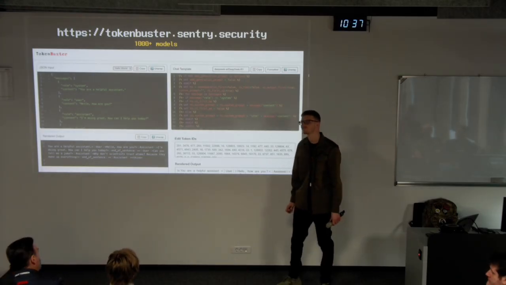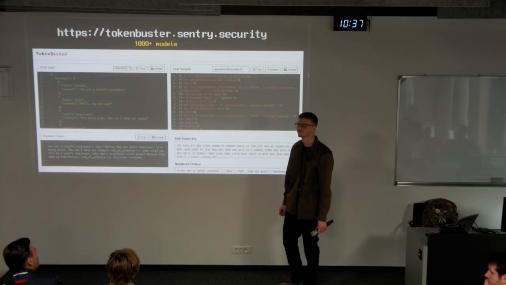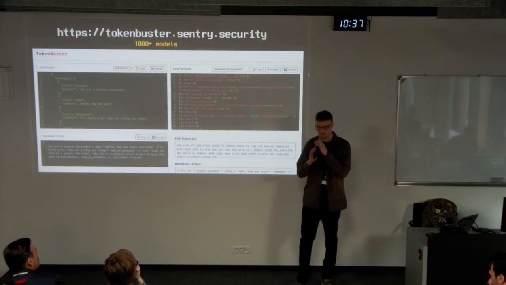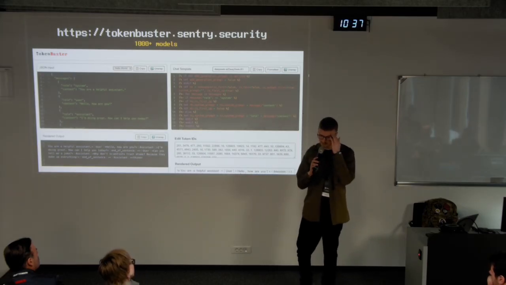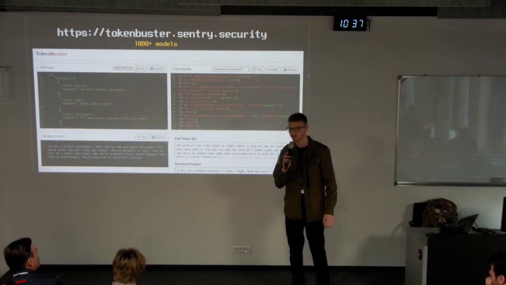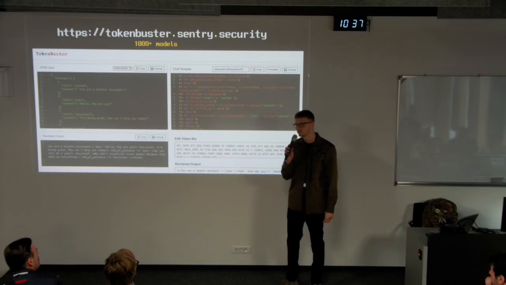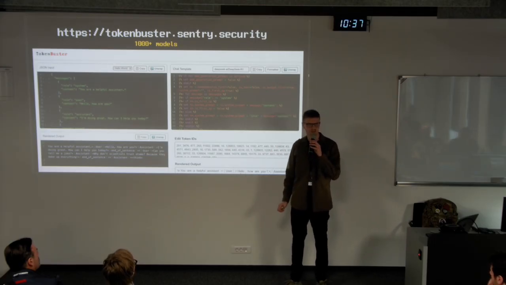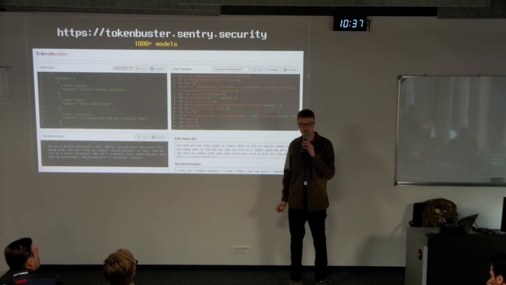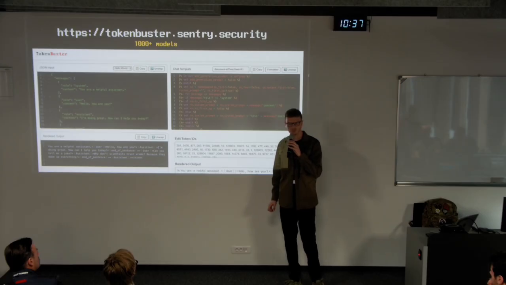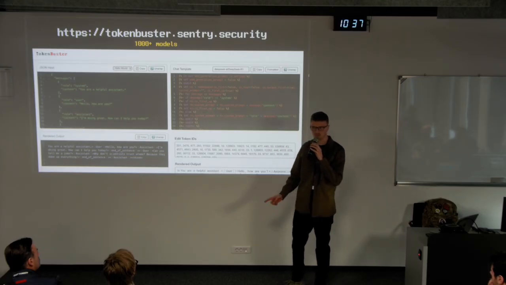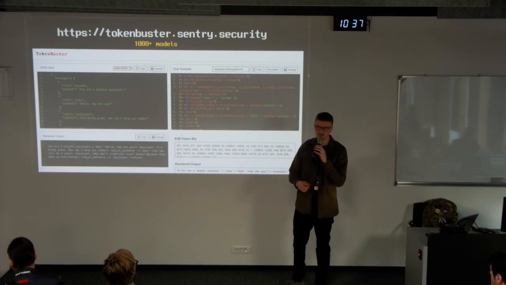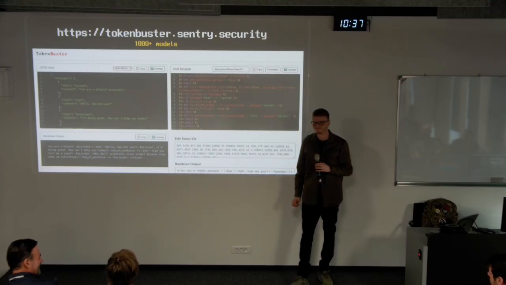Is there a way to enumerate which model is being used? I mean, there are plenty of papers in the wild that argue that you can fingerprint the model, but I didn't validate it. I've had cases where I asked Claude 4 point something, and it told me that I am DeepSeek, and vice versa. I asked DeepSeek which model this is, and it told me, hey, I am Claude.